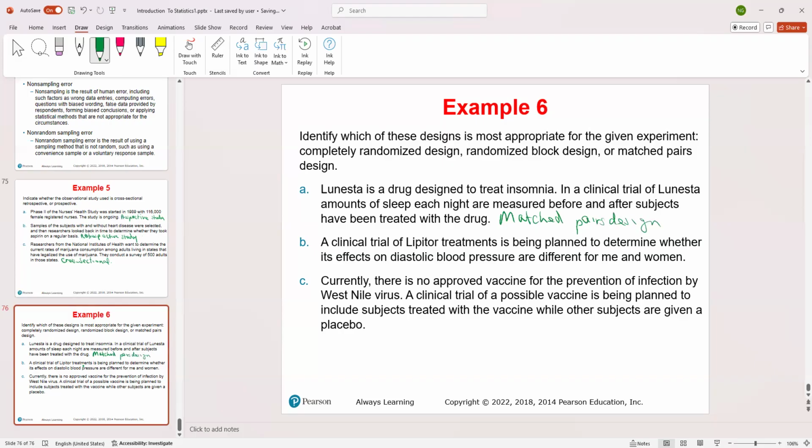So matched pair design. A clinical Lipitor treatment is being planned to determine whether it's effective, and whether its effects on diastolic blood pressure are different for men and women, right? So which one can this be? That's block. It's a randomized block design. So randomized,